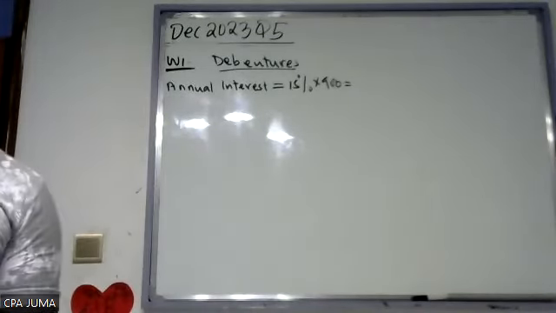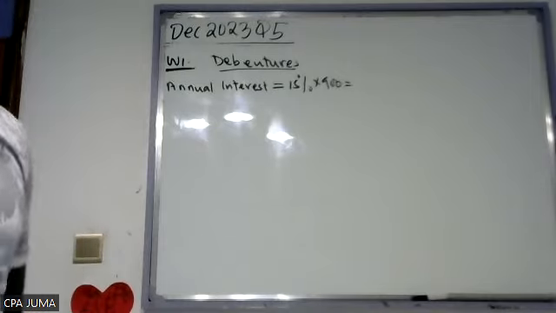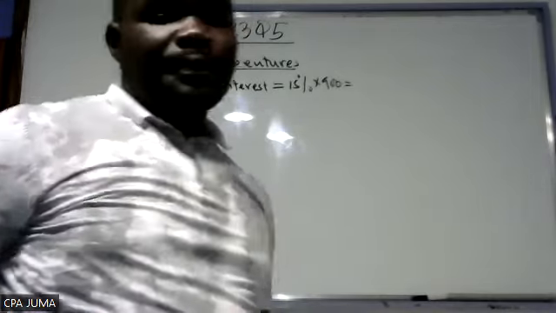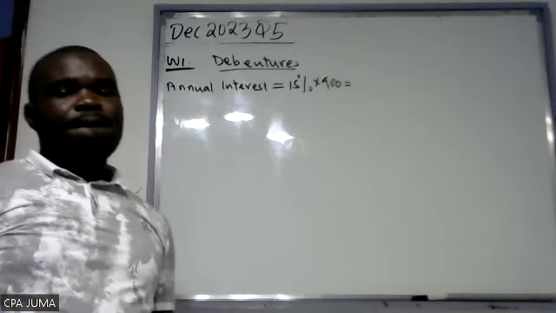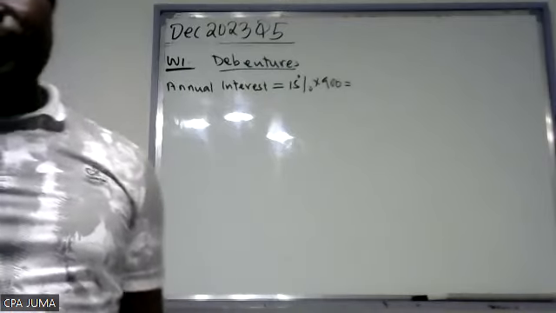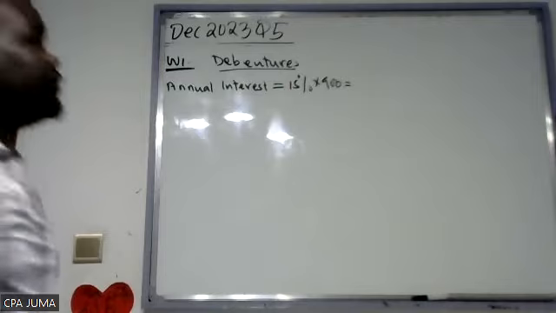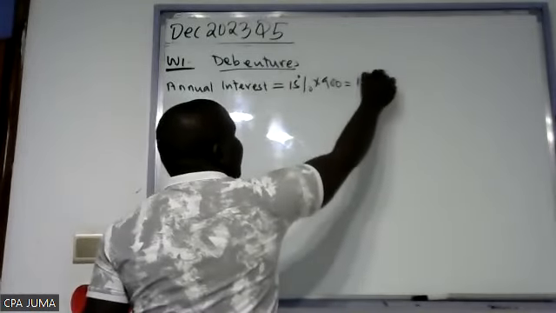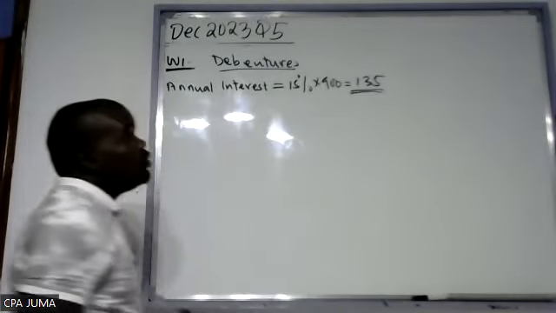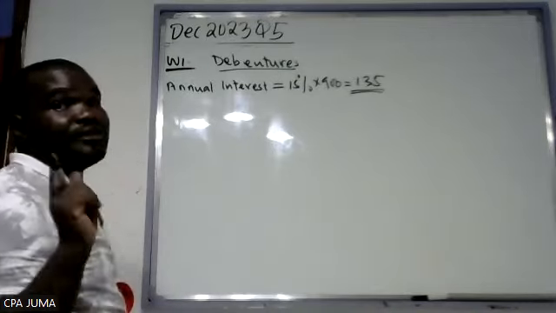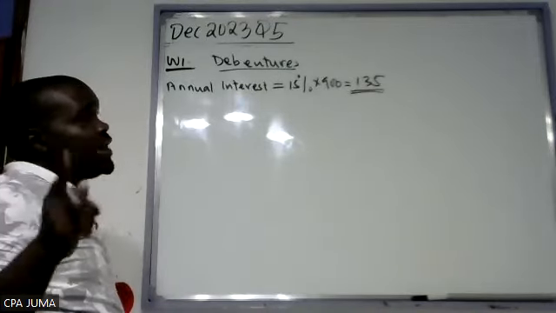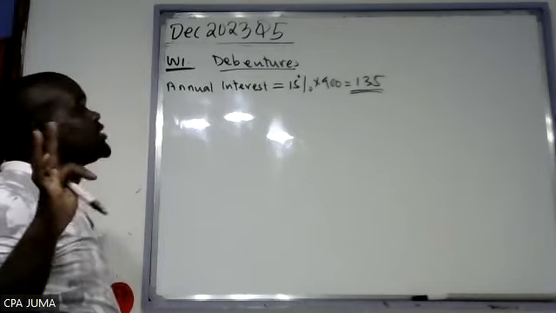That is what we make provision for immediately. So what is 15% of 900? 15% of 900, 135. So they are saying we want to receive 135 for every year for the next 3